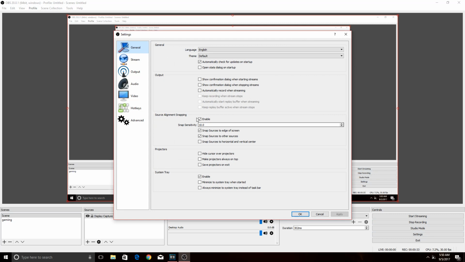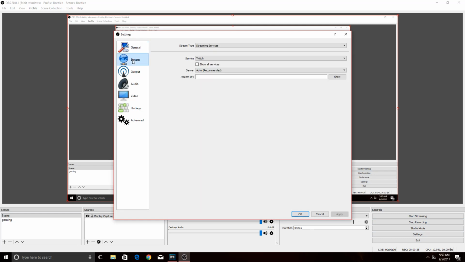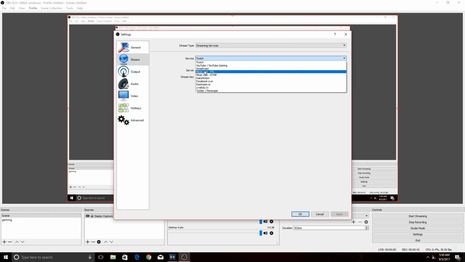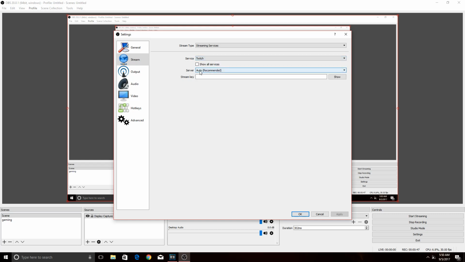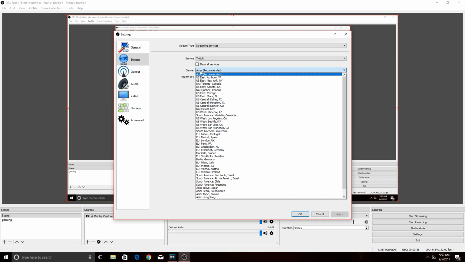Go ahead and go to settings, skip general, go straight to stream. All right, pick whatever streaming service you're gonna use. Most people are gonna use Twitch, YouTube, and Mixer. Very important that you leave server at auto recommended. It's very, very important that you do not pick whatever state you live in. Do not pick whatever state you live in. Leave it at auto, or pick something a little bit further away from you. Of course, like I said, I'm in Virginia, so I'll pick something like Miami, Chicago, something a little bit further